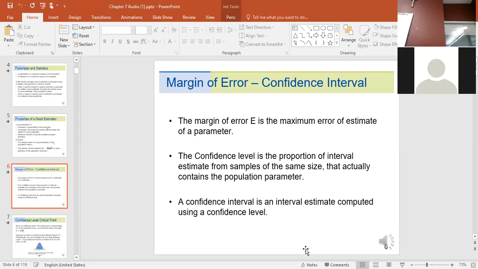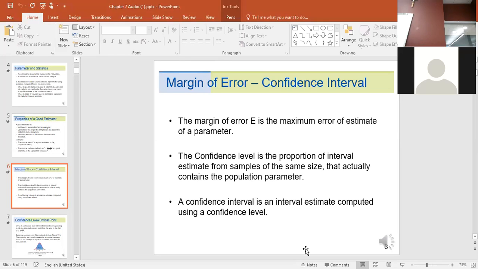How wrong will that be compared to the actual value? You cannot tell me. So the maximum error of estimate, which we will call E, is generally determined using a confidence level, using probability. And it is used to determine how far we can go wrong while being acceptable. For example, I can say,